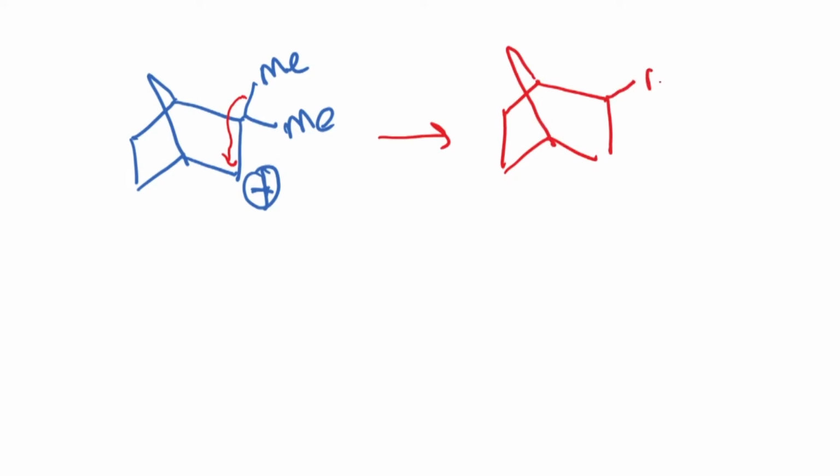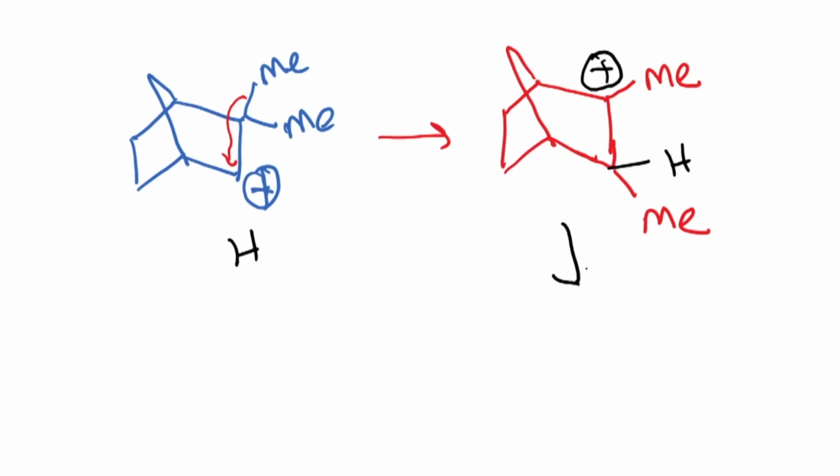So this methyl remains here, and you have another methyl over here. And keep in mind that there is a hydrogen that is sticking out here, so that continues to be here, and there is a full positive charge that's going to be formed. Subsequently, this hydrogen can be lost, and you get the product